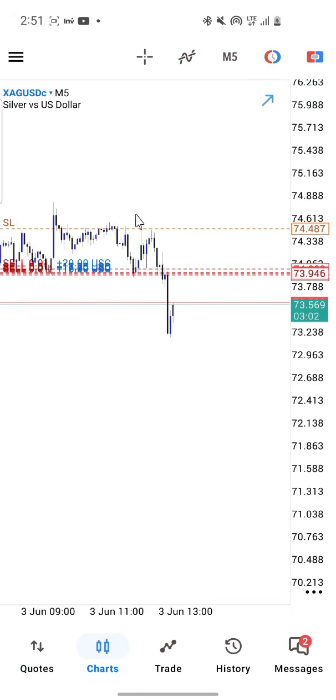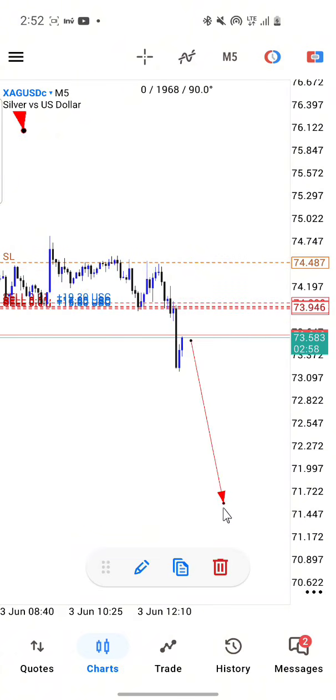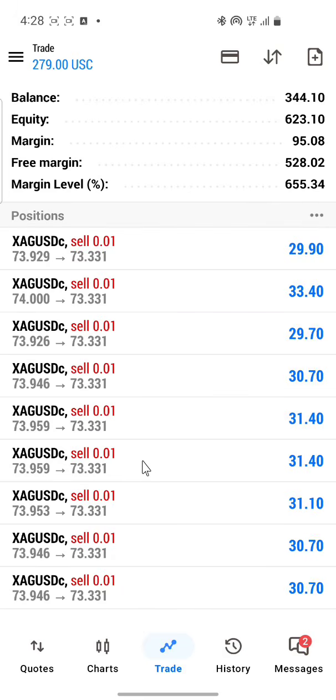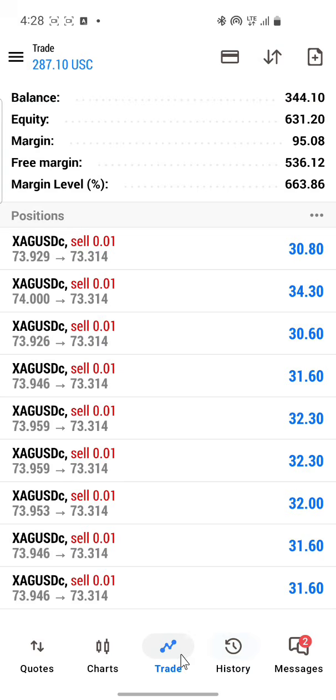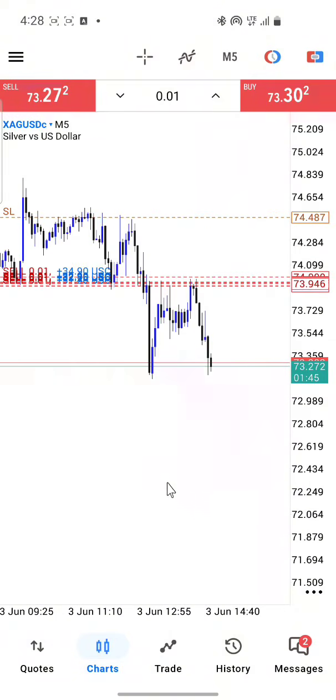We have to come back down all the way here. We have to come back down all the way down here. So that is it for that. And of which it did. So that is the move right there, bringing our account, we've recovered the loss, bringing our account back to $6.30.